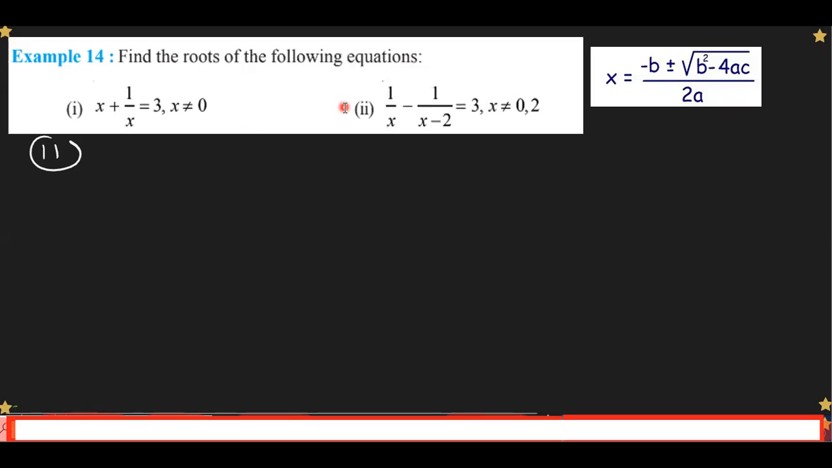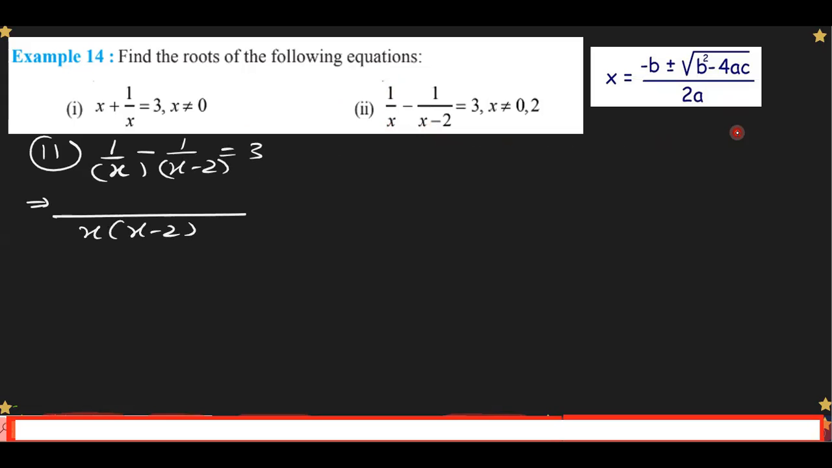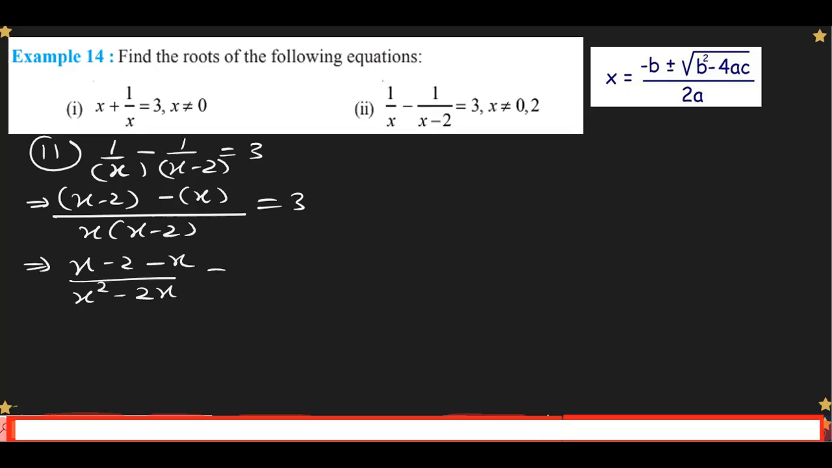Second part, 1 upon x minus 1 upon x minus 2, that is 3. पहले इसको quadratic form में convert करेंगे by taking LCM. Taking LCM means product of both the denominators, so that is x minus 2 minus x, that is 3. आपको LCM लेने में परेशानी आए तो आप मुझे comment box में लिखिएगा, मैं इसके लिए आपको एक अलग video बना दूंगा. x minus 2 minus x upon x square minus 2x, that is 3,